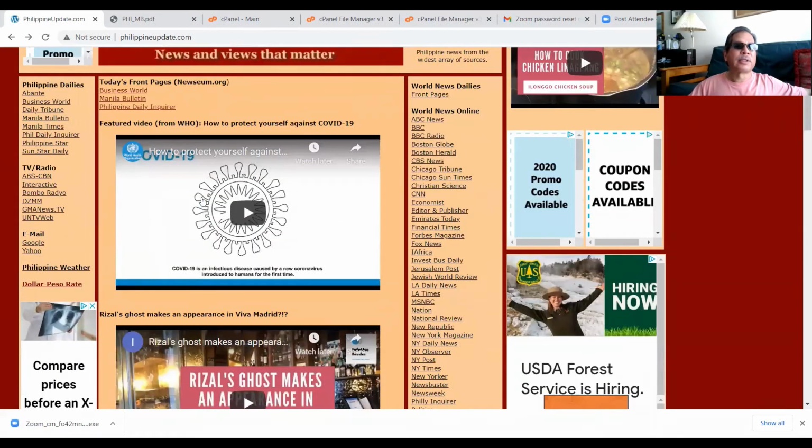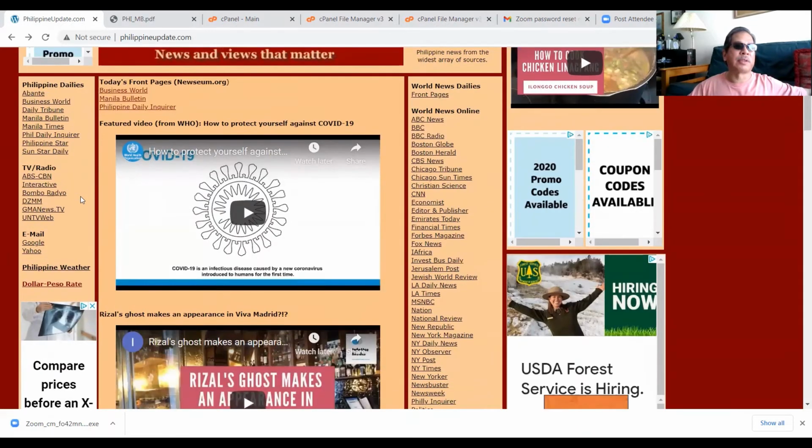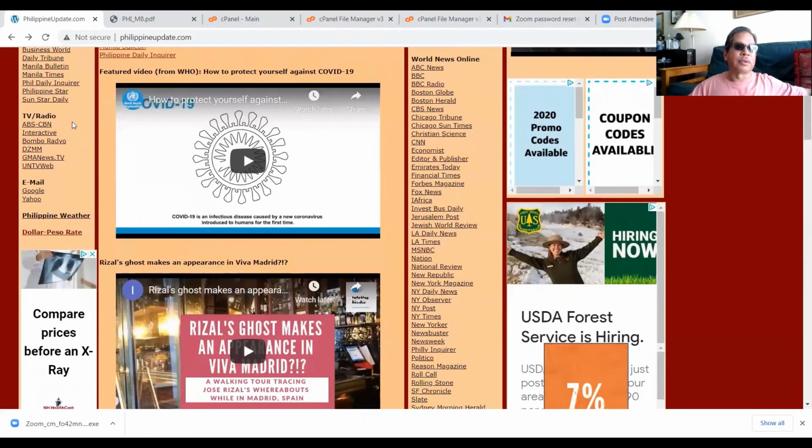So that's the middle section. There are also links to Philippine dailies, of course, Abante, again, Business World, Daily Tribune, Manila Bulletin, Manila Times, Daily Inquirer, Philippine Star, Sunstar Daily. Sunstar Daily is more localized, so there are regional editions of the news. So if you want to see what's going on in Cebu, for instance, or Iloilo, that's where you go, because they have regional editions. TV and radio sources, if you want to watch online,